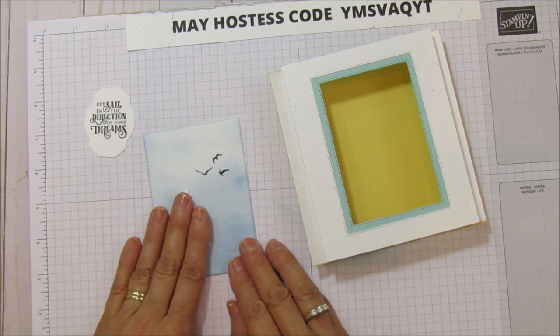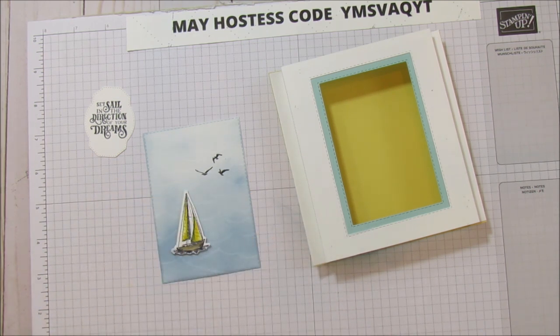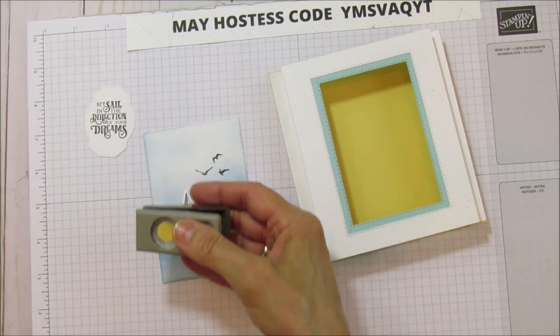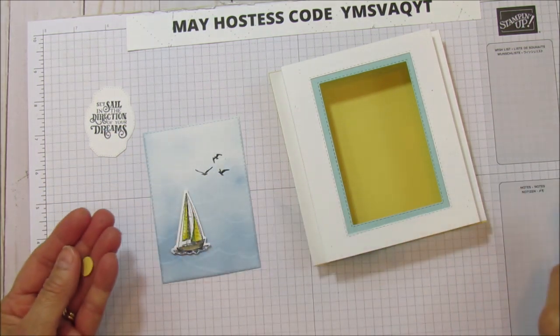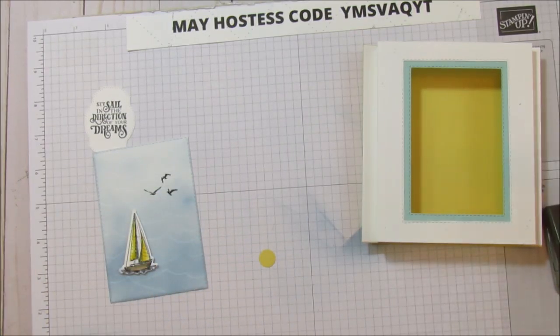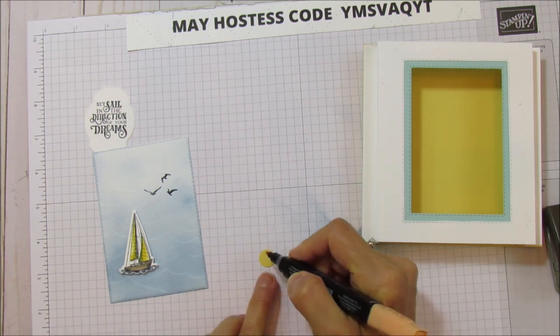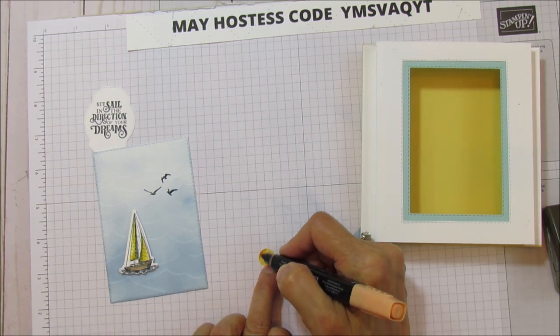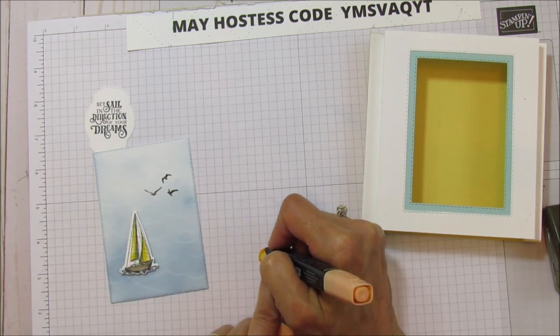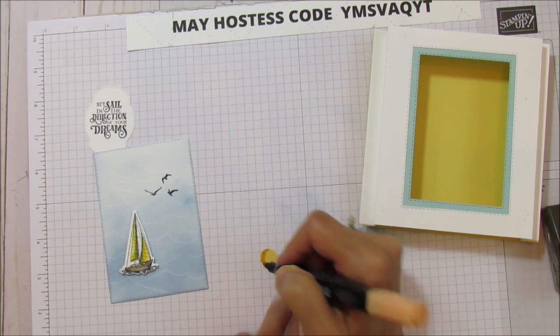All right. And then we are going to use our 1/2-inch circle punch, and I have a piece of Saffron here we're going to use for our moon. I think I used Daffodil Delight on the last one, and I'm just going to color this. I'm actually going to use the lens, and I'm just going to color this to give it a little bit of effect. I'm just going to color this part, and then